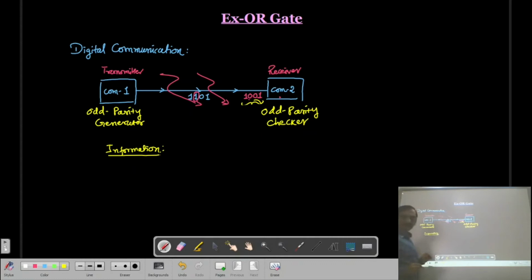This information we can have with the 8-bit data. So in this 8-bit data, whatever the MSB bit is there, you can consider this MSB bit as a parity bit. And therefore, my information will be within the 7-bit.